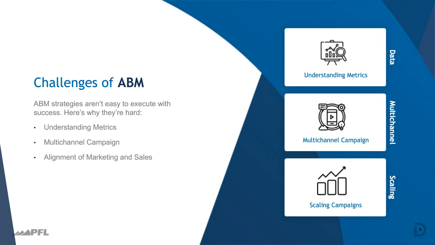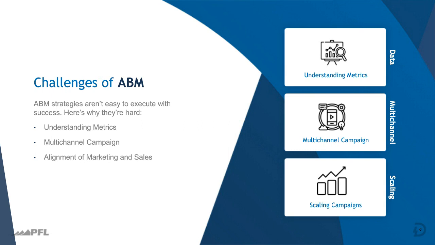The third challenge that I think we've experienced and our customers have experienced is really that multi-channel campaign consistency. So ABM is really most successful when multiple marketing channels are utilized. But the key is not only utilizing those channels, but how do you actually orchestrate these? And it can be difficult. And then third and final is how do you really scale the successful campaigns, looking at the data and understanding what's working and what's not working. And for those things that are not working, how do you actually shut those down?